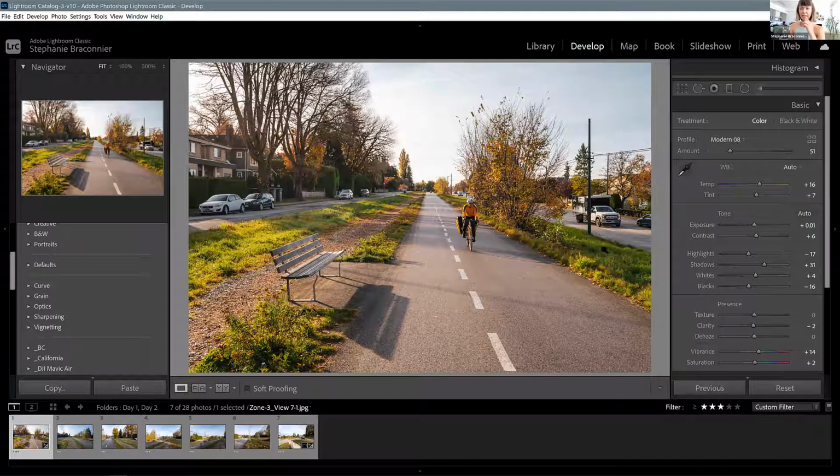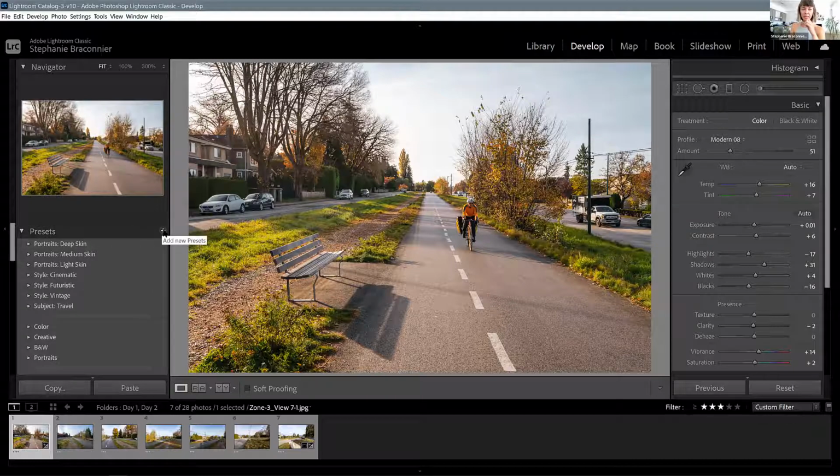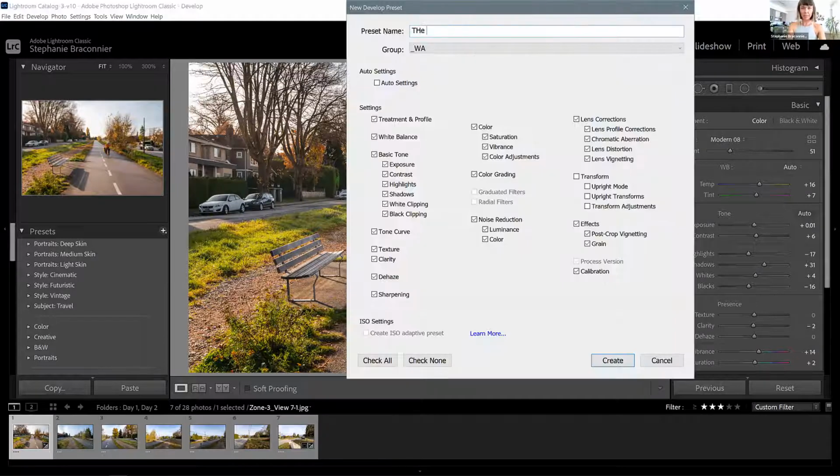So let's say we've made adjustments, we've straightened the image, we have made saturation adjustments to our sky, and we like the way things look. You can create your own preset just by adding a new preset here. So let's just call this the worst preset imaginable. And I often have groups, but I'll just keep it with my user presets here. And you can see it's going to copy. So I'm going to click off auto settings because that's what I used. And you can just check off the things that you want it to remember from your processing